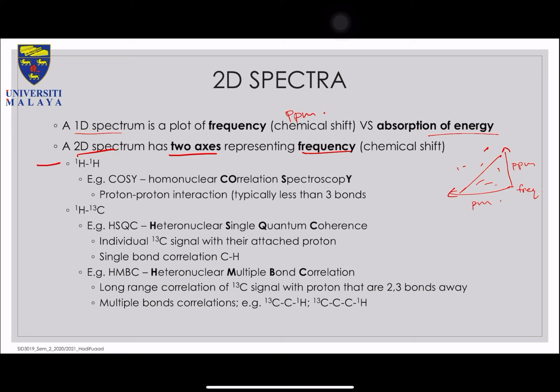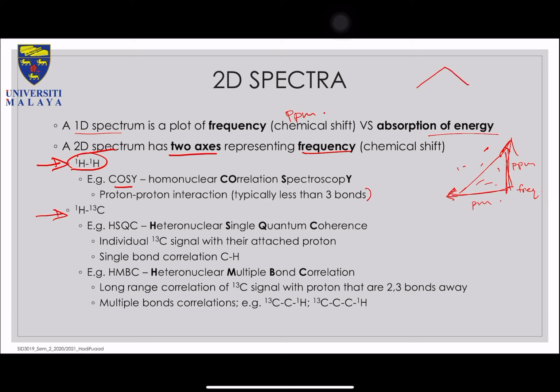Okay, an example. So normally you will have two types of 2D spectra. We do have 3D, but we're not going to cover 3D in this lecture, because it will be too complex, even though 3D NMR will actually help in protein and peptide identification very quickly, but we will not be covering that because I don't think we have time. But anyhow, you need to remember that there can be a proton-proton 2D spectrum, okay? So you have a proton spectra over there and another proton spectra on the y-axis and the x-axis. For example, COSY, or homonuclear correlation spectroscopy,